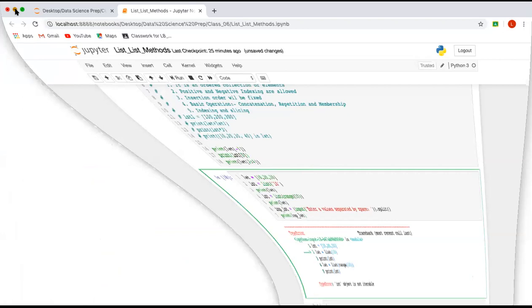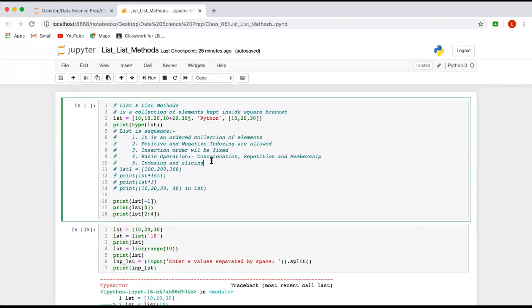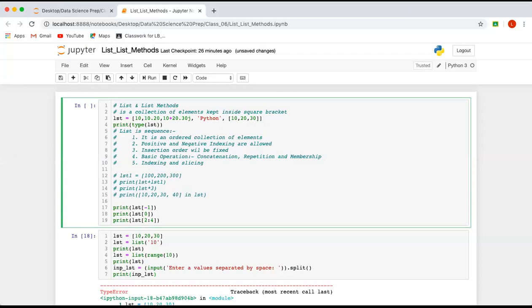Now we have seen that we can pass the sequence. I think we missed one thing here. We can use this sequence and we can run the for loop directly here, right?